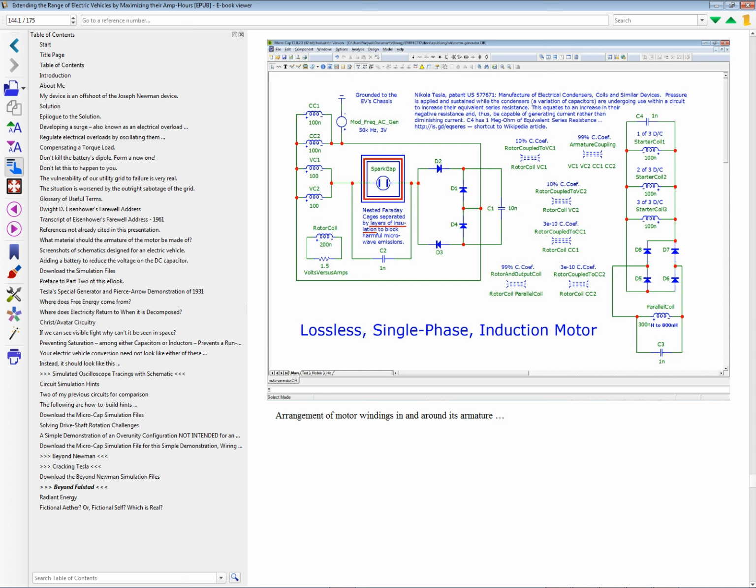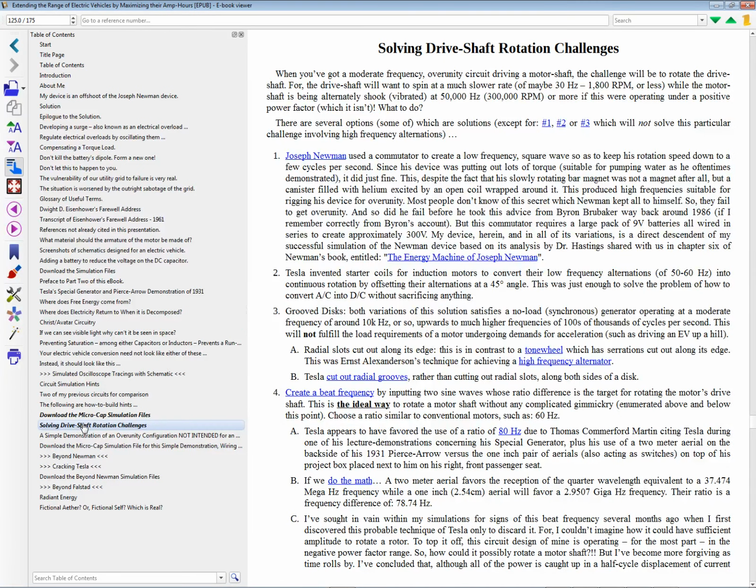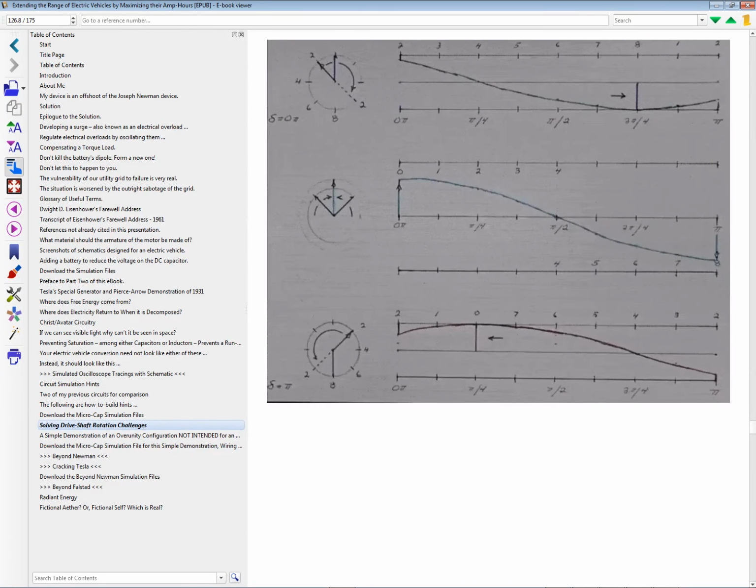It may be possible that... what was I saying? All that is necessary. Let's go back to where we were. Solving. All that may be necessary